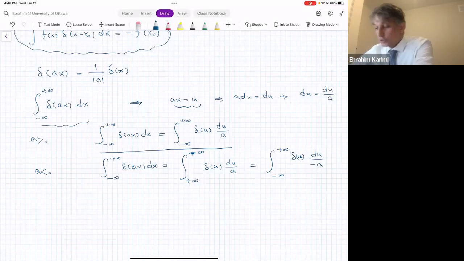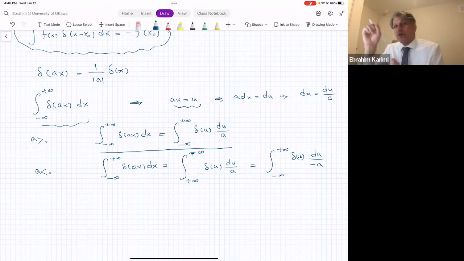Okay, so when it's positive, it will be du divided by a. When it's negative, it will be du divided by minus a. In any case, a or minus a, they have a positive sign, right? So when a is positive, you show up with a. When a is negative, it shows up with minus a, which means that it's an absolute value. So in general,